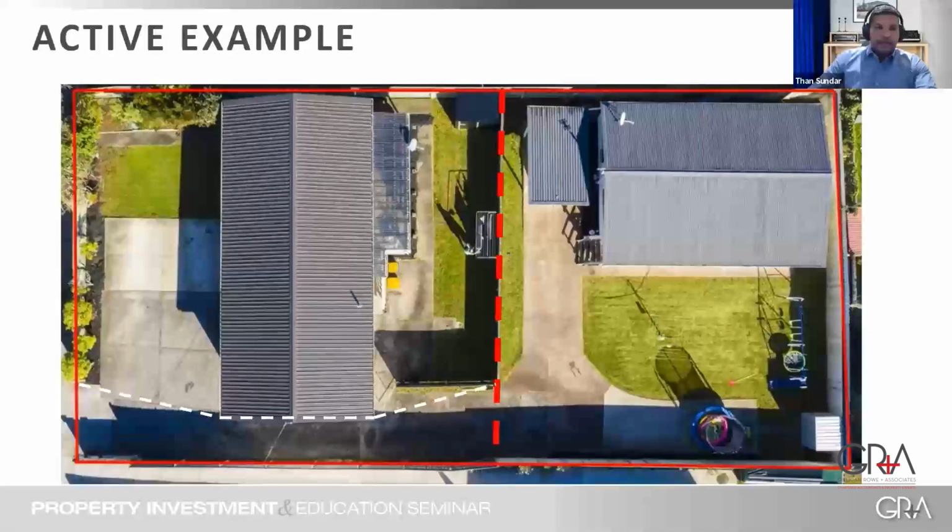The other property you see in front of you is what we bought as a home and income. These 2 properties were under one title. At the front you had a 4-bedroom house, and at the rear a 3-bedroom house. We did our due diligence, and in this instance we subdivided the property into 2 lots. The front is its own separate title and we sold it separately, and the rear is its own separate title, sold separately. We didn't do much work. It was a small, minor renovation to the properties, but the main work was separating it into its own titles.